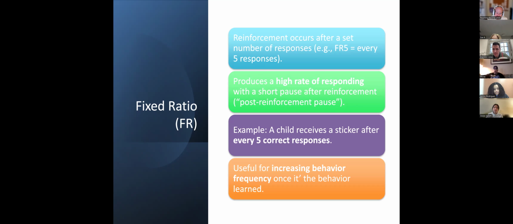So again, in your behavior support plan, you may want to write that you're going to start off using a continuous method, and then slowly, as the behavior starts to maintain according to our graphing, we're going to start to increase that to 2, 3, 4, 5. You might ask, well, why do we want to increase the quota before we deliver reinforcement? Does anyone have a good idea why we might want to do that?